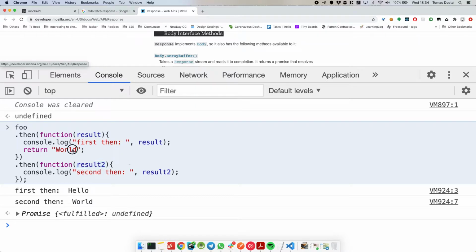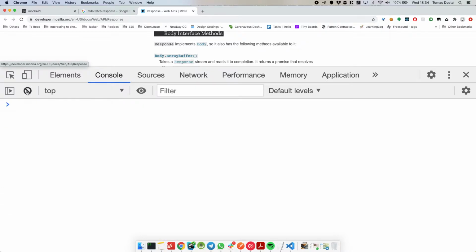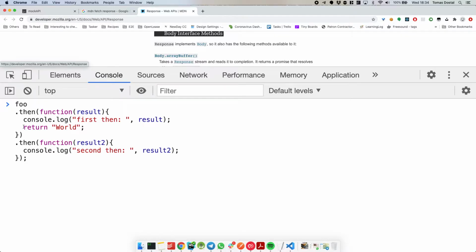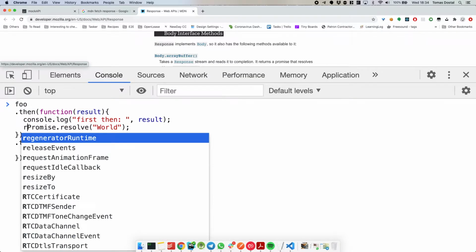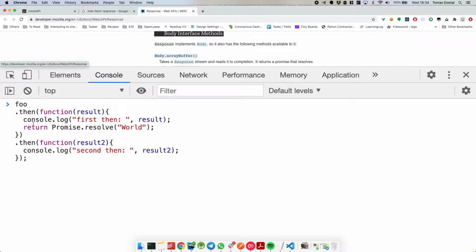Got it. Right. So I actually shouldn't have started with this. Let me show you, this will make a little bit more sense. So now, instead of this, I will do this: Promise.resolve world. Okay, this is the other way to write it. So what we're saying is, we are inside of this promise, we have our world in here, and we're saying now resolve with this. Sorry, that should be written. Now resolve again with the world, and then it will go to the second callback, and it will print out the world.